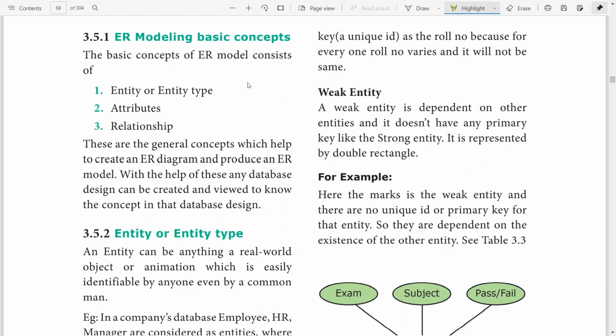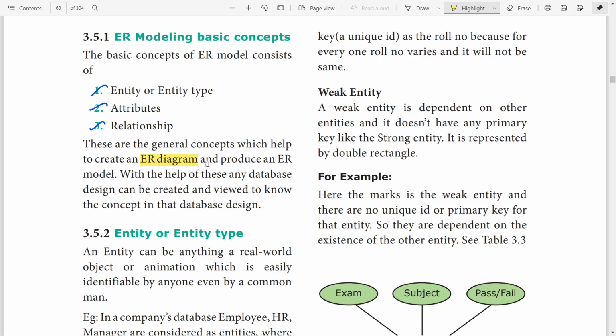ER modeling basic concepts. Basic concepts involve three types: entity, attribute, relationship. Entity means just a name, while attribute includes both. These are the general concepts which help to create an ER diagram.